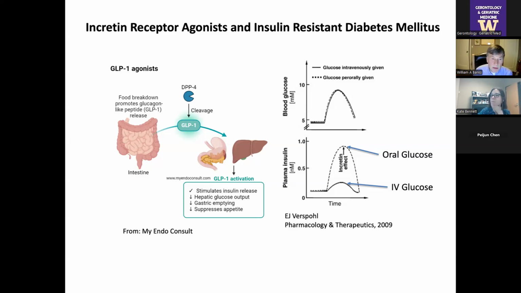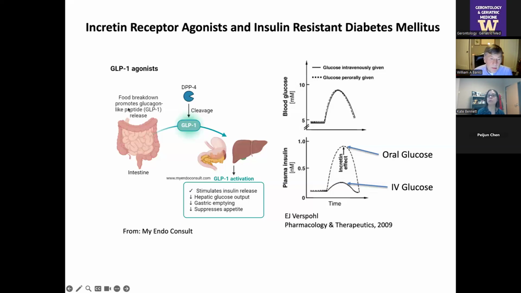So just to recap, the incretin effect, which is key to the idea here, is this. If you give glucose intravenously into the bloodstream so that you produce this curve, and you compare that to glucose you give per os so that the blood glucose level is identical, and now you look at what happens to insulin release, it is not the same. If you give the glucose orally, you get a big bolus of insulin release. If you give it directly, intravenously, hardly any incretin effect at all.